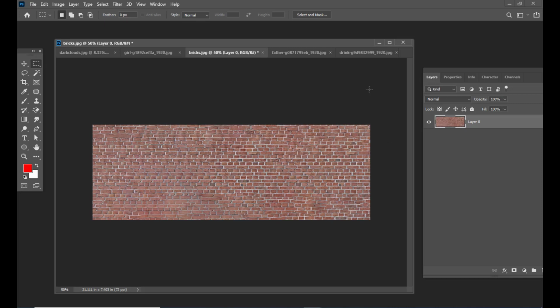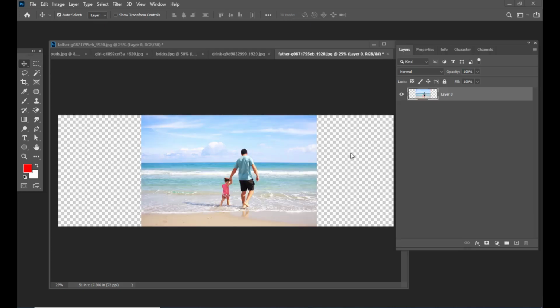So we can see how quickly we have extended this bricks pattern. This is a very quick and easy way to extend a pattern.